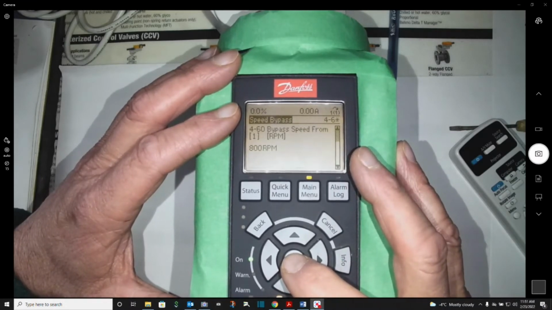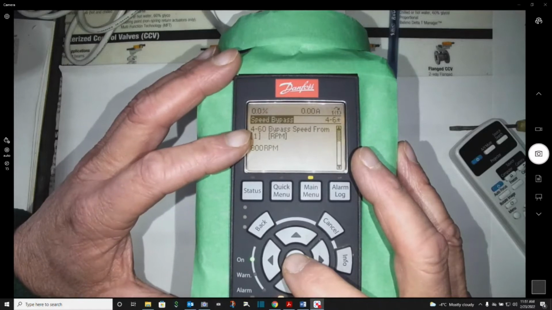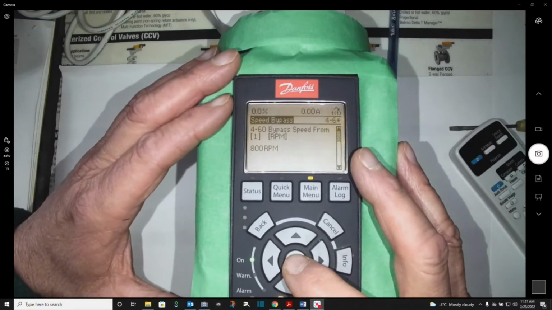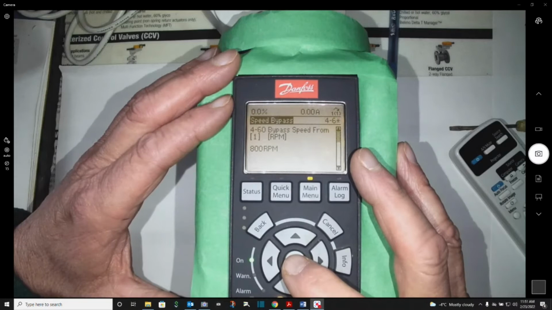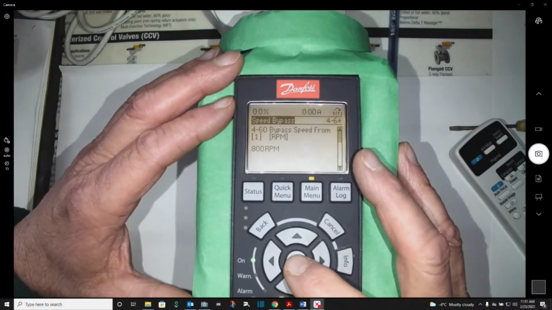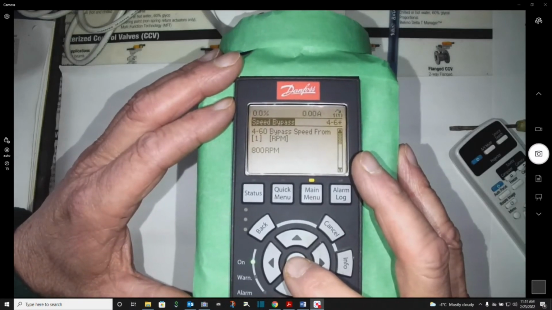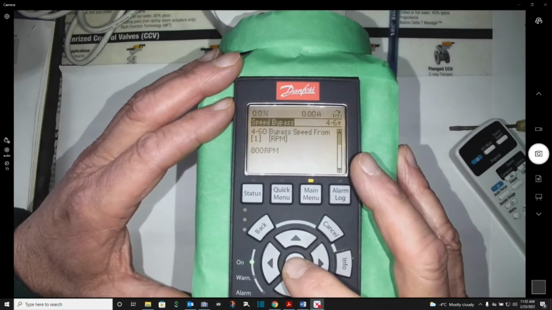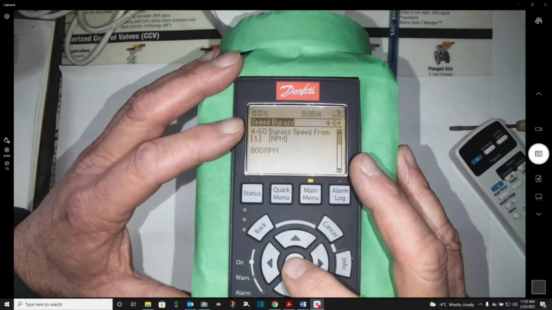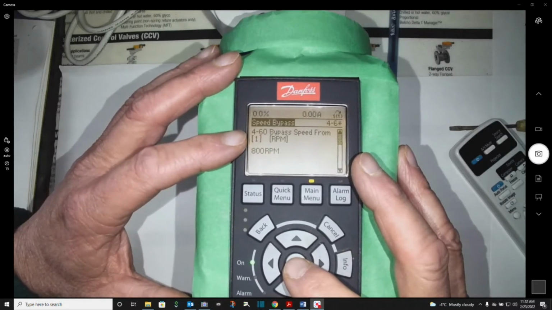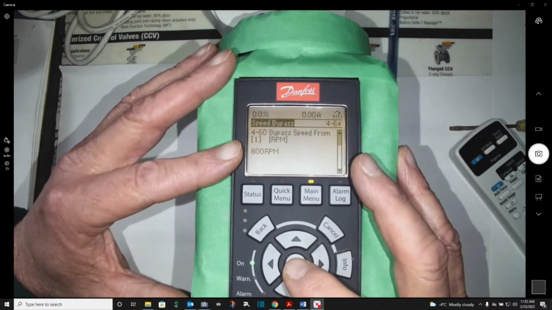The first thing it asks you is you have to change this one. See that one that's there? I think you could set up 5 different things in here. So this is the first one we're setting up, and maybe I took the same LCP to a different drive and I wanted a different setup on them. I could go to setup number 2, not just 1. So at 800 RPM now is what I moved this to. You have to dial in the 1, you have to dial in the 800,